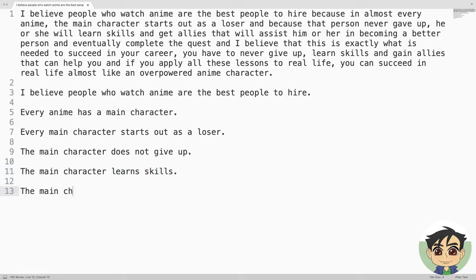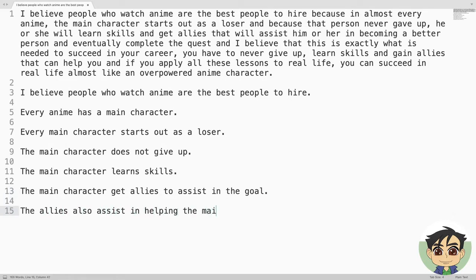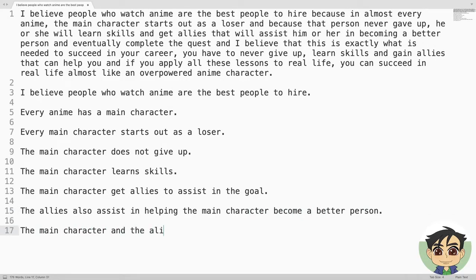The main character gets allies to assist in the goal. The allies also assist in helping the main character become a better person. The main character and the allies eventually complete the quest.